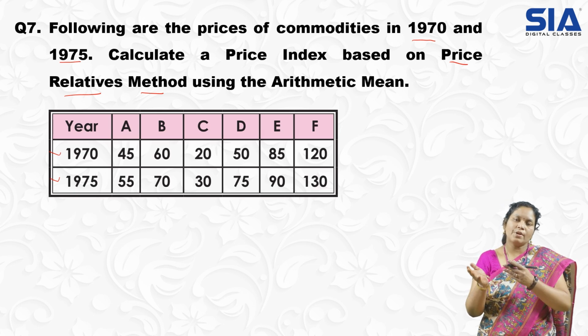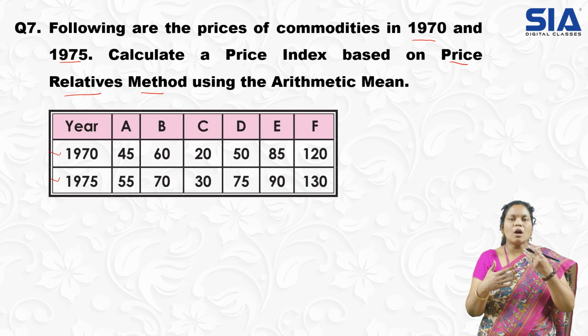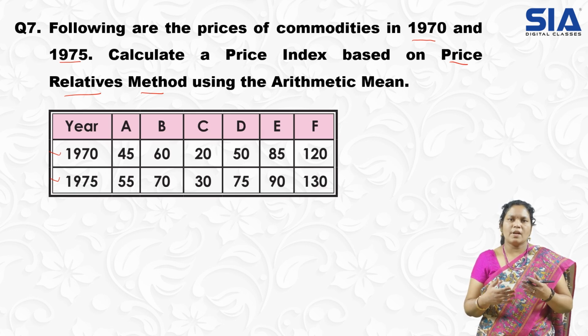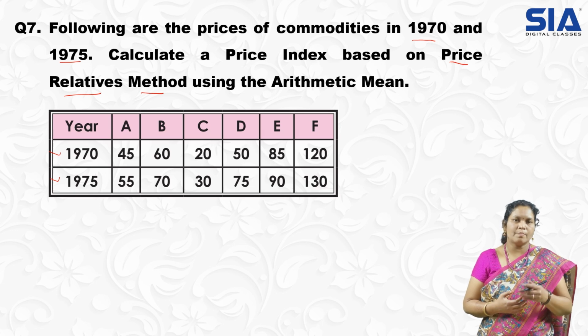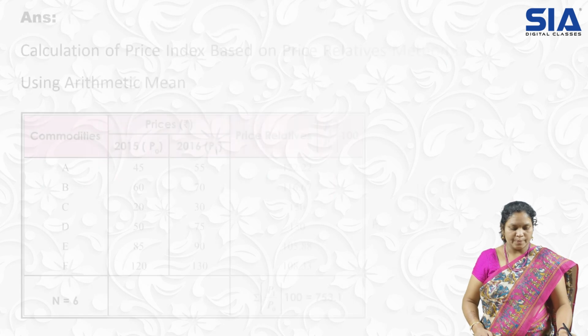So whenever we don't have quantities attached to the prices, and we literally talk about prices itself, how the average prices will go on, such type of data we call unweighted index numbers. So weightage we don't have here. We will be discussing how general prices are going on. We have some methods under such type of data. Under that, the first method we have is arithmetic mean. Price relatives we also call under that arithmetic mean method. So let us discuss that one now.